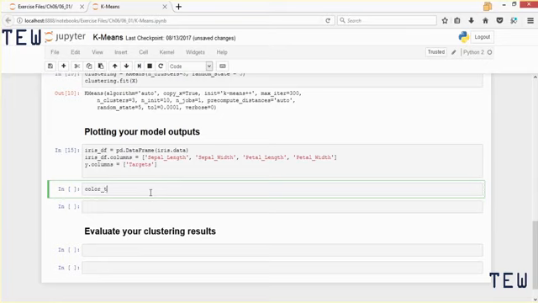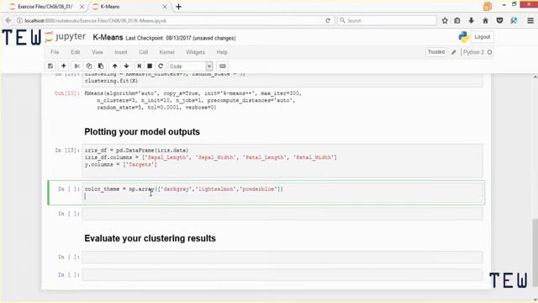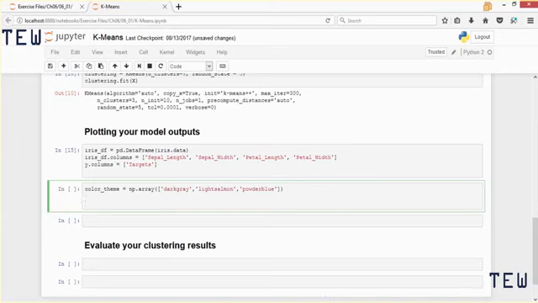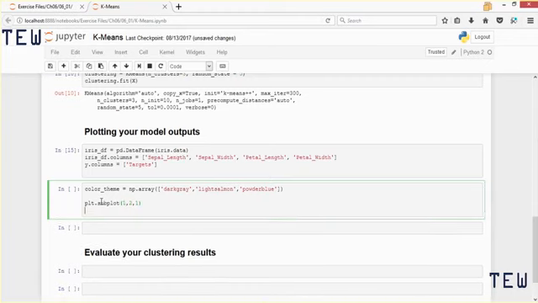So I will say color theme, and then we will make this equal to an array of color values from the matplotlib library. We will pass in the list dark gray, light salmon, and powder blue. For this data visualization, let's create a subplot that has one row and two columns. In order to do that, we will call the plt.subplot, and then we will pass in one row, two columns,